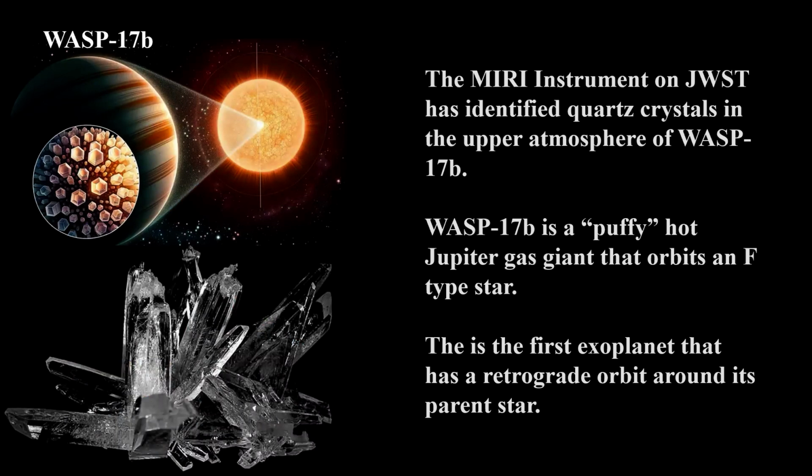WASP 17b is a very unusual exoplanet. WASP is the catalog for the Wide Angle Search for Planets project. It is an international group of several organizations searching for exoplanets using transit photometry. It is tidally locked and the first planet to have a retrograde orbit. It is half the mass of Jupiter, and 1 year is the equivalent of an orbit of 3½ Earth days. The radius is 7 times greater than Jupiter. The surface temperature is 1550 K, which is hot enough to melt nickel and lead.